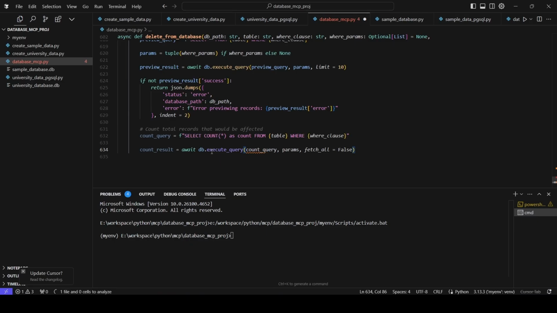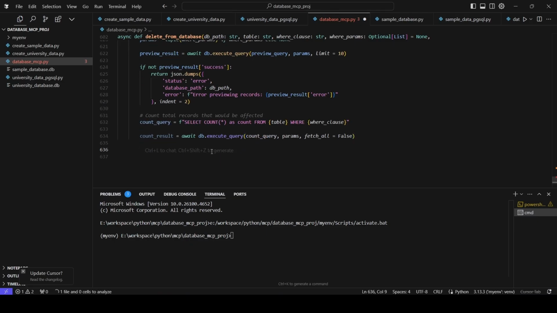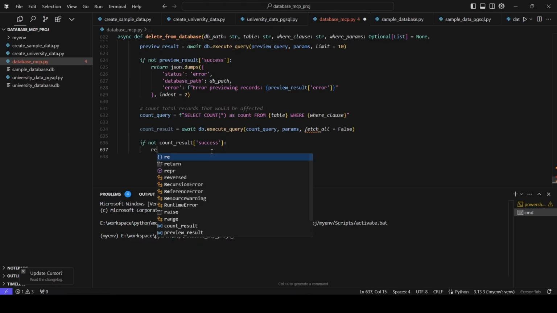And if we have not successfully executed this query, then what we'll do is that if not count result success,